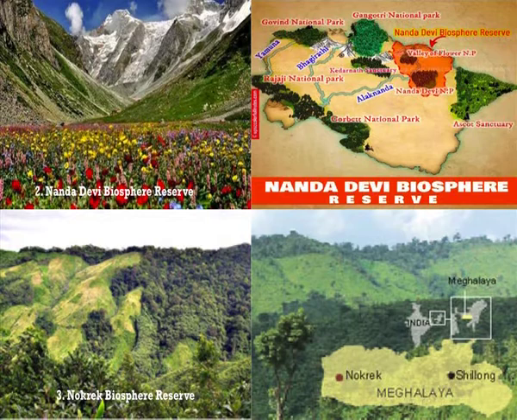The third which we talk of is the Nokrek Biosphere Reserve, which is in Meghalaya, a part of the Garo Hills. Now, here you have the rivers Ganol, Daring and Simsang. Evergreen and semi-evergreen deciduous forest is found here, with a tropical monsoon type of climate. We have several fauna types like the giant flying squirrel and pig-tailed macaque. Garo, Bania and Hajong are the indigenous tribes. And the Nokrek Wildlife Sanctuary is part of this particular reserve.